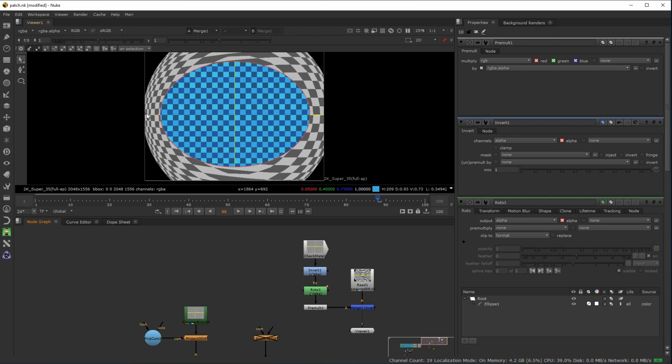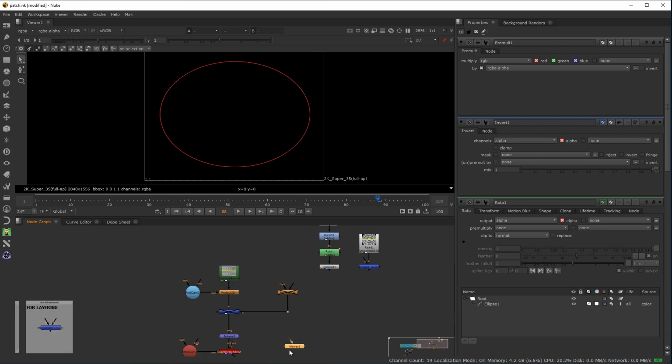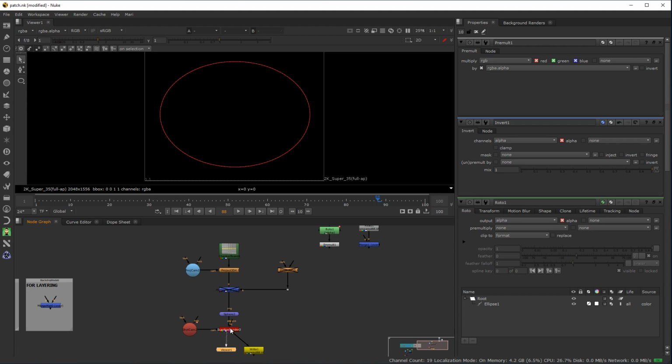Now you can see that the actual position of the spline isn't quite correct. We've got some smearing down here and up here, but we'll deal with that shortly. We now know as a proof of concept that this patch works. Okay, so I'm going to now come back to my main composite. I can delete that right node, I don't need that anymore,